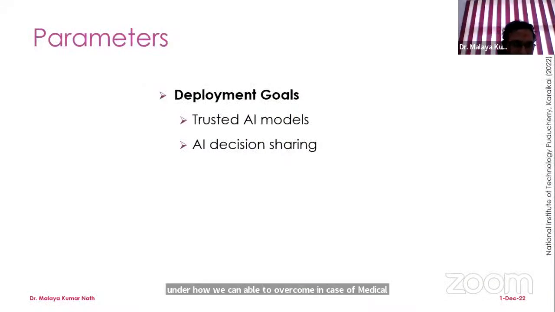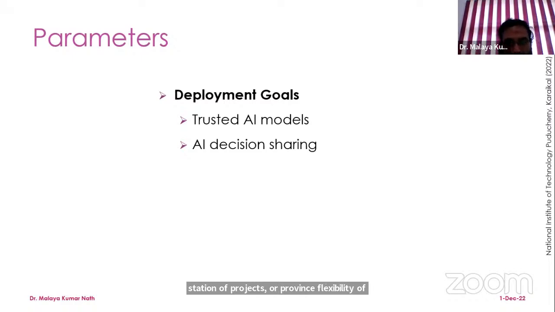Next, already I have discussed the data types and deployment goals. Now we'll talk about these deployment goal parameters. So this basically uses data verification, attestation of results, provenance, traceability of ownership and usage, and guarantee of fairness, and can be achieved by integrating blockchain as well as deep learning.